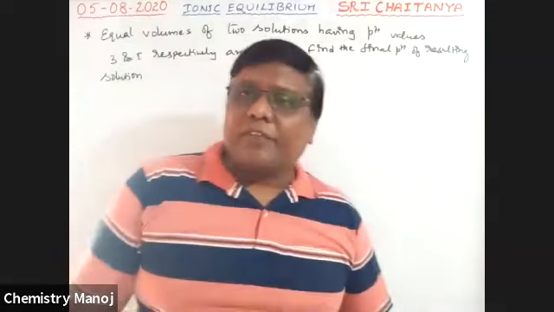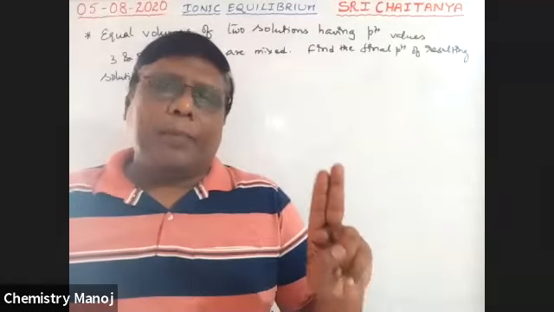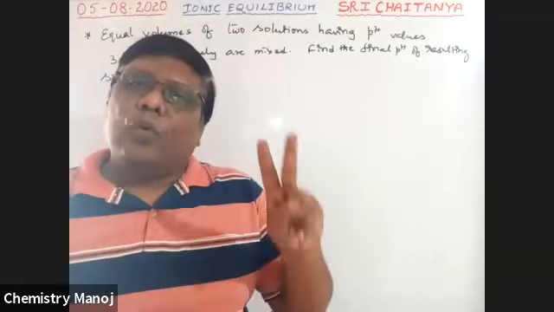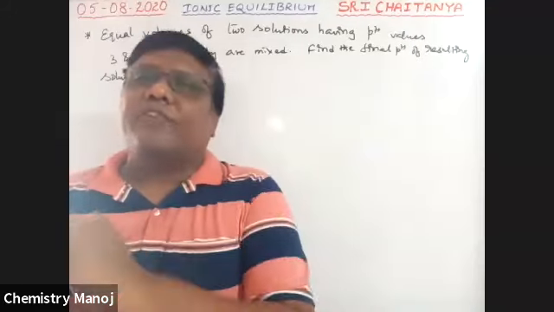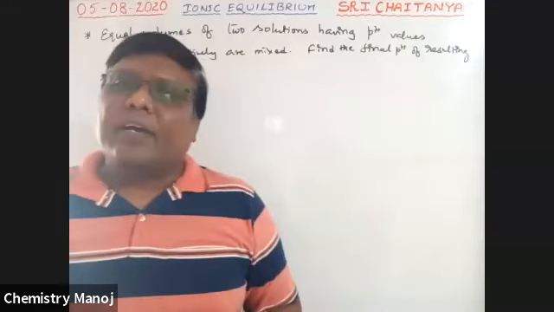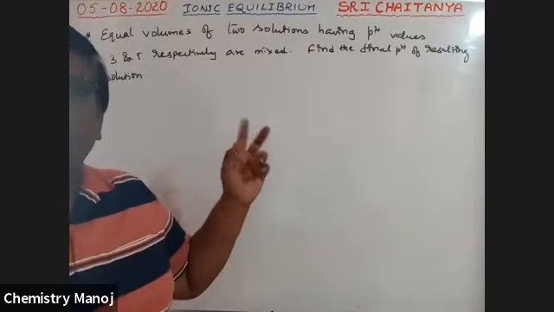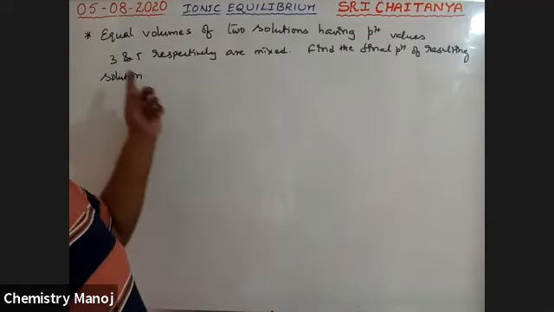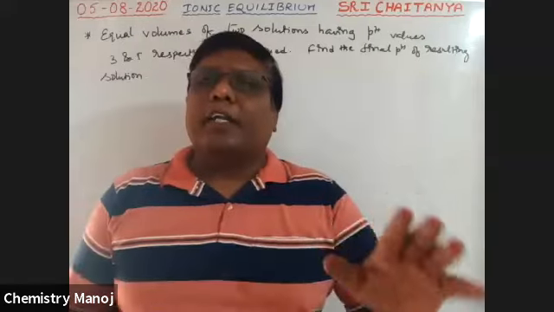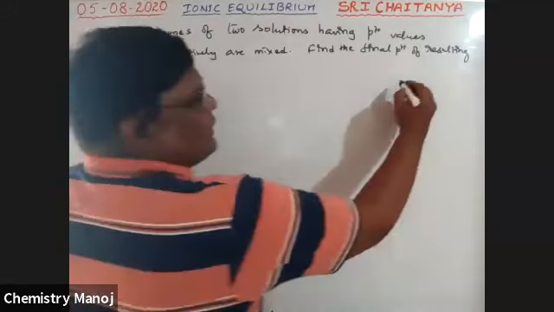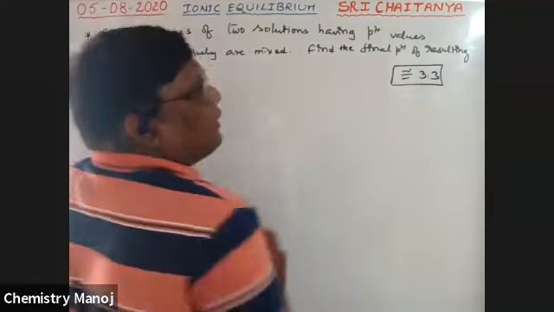See, boys, listen carefully. Here, only two solutions with equal volumes. Both pH values are less than 7, so roughly our answer lies among those two pH values. Which one is the least pH? Of 3 and 5, 3 is the least. So lower pH plus 0.3 is the final answer. Our answer may be 3.8. I will calculate. Please wait.